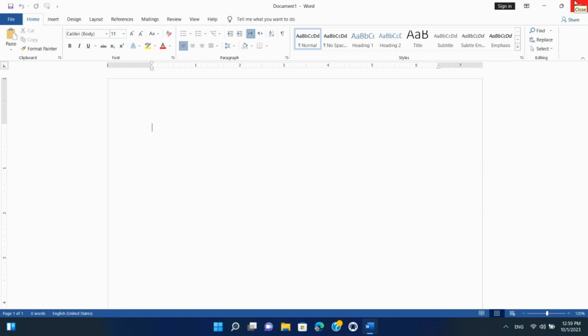Today, I'm going to be teaching you how to use some advanced features in Microsoft Word to improve the organization and readability of your documents. We'll be covering how to create a table of contents, insert footnotes and endnotes, and use the research feature to find and cite sources. These features can be especially helpful for students, researchers, and professionals who need to create long